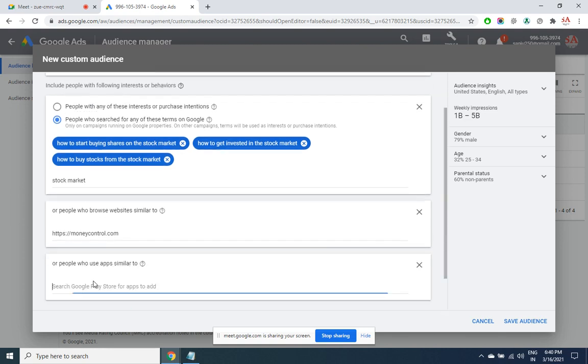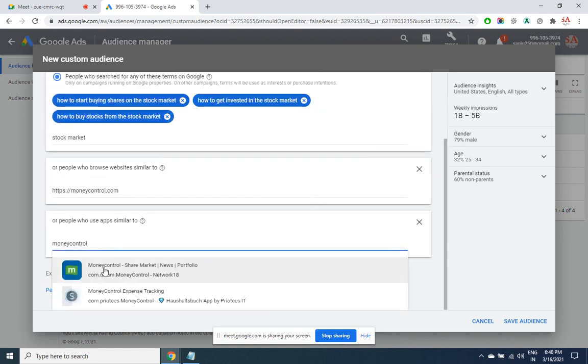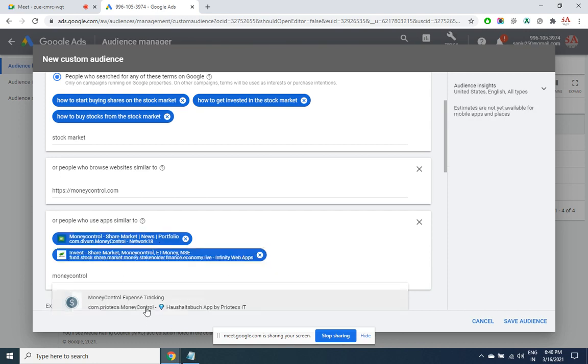People who use so many types of apps, so that app list has to come here. So money control, then you have invest shares. These are some suggestions.